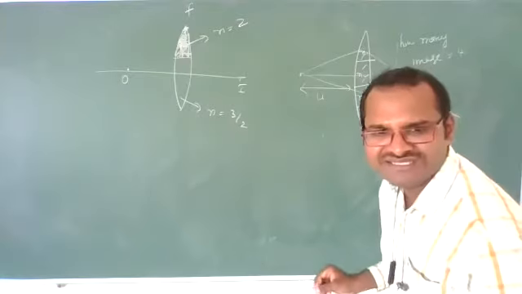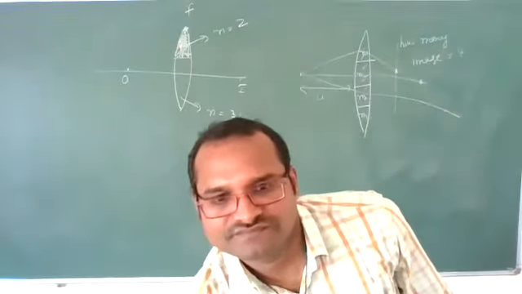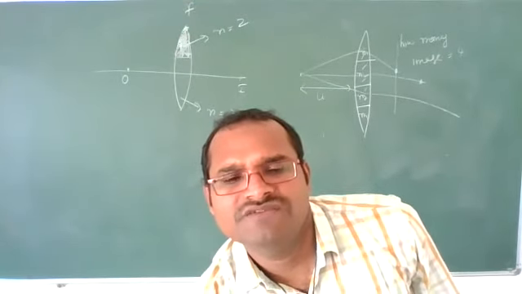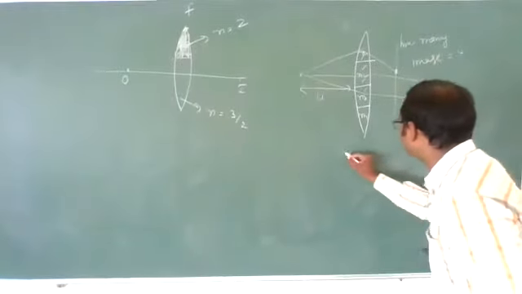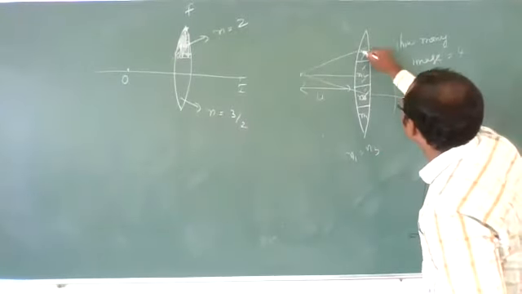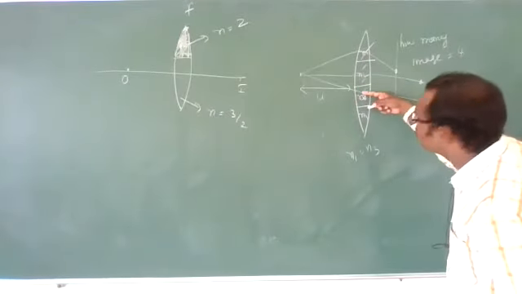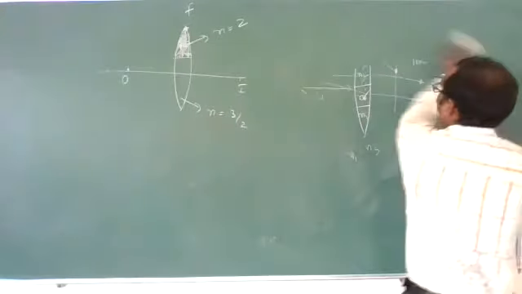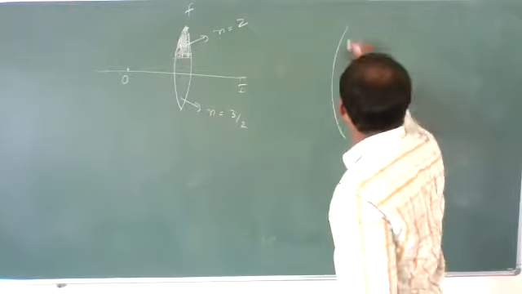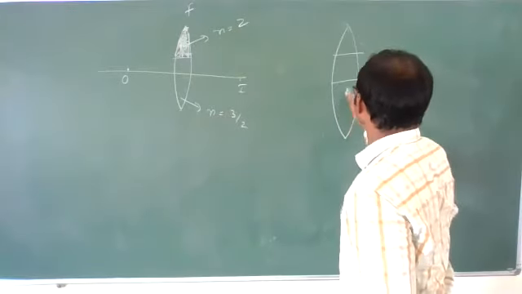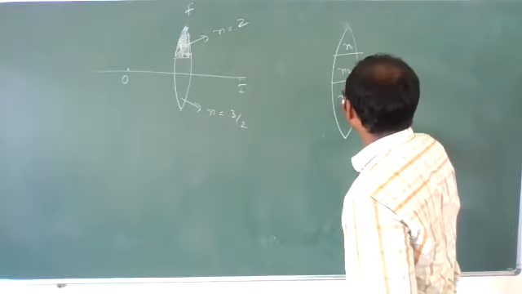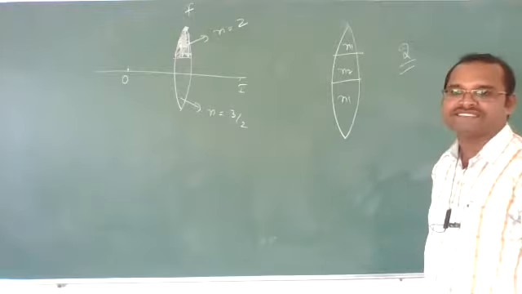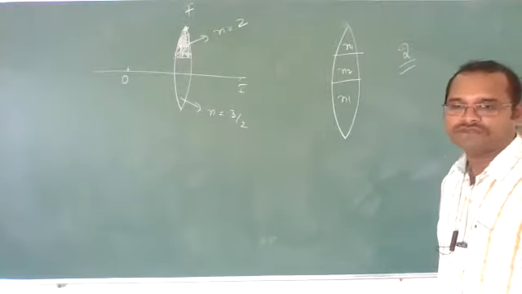N1 is equal to N3. Vivek, what is your question? If N1 is equal to N3, these medium refractive indexes are the same. Due to these two, only one image will form. Plus 2, plus 3, so 3 images will form. If N1, N2, N1, how many images will form? 2 images will form, only 2 different refractive indexes. Got it? Clear?